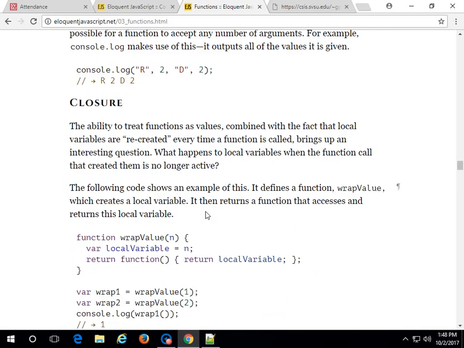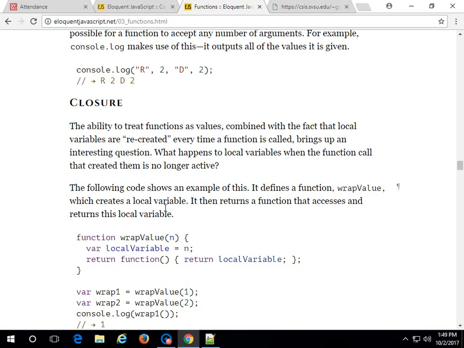In JavaScript, we talk a lot about closures. Now, what's a closure? It's basically the ability to have a function that runs, and even though it's over, the function's gone and it's no longer running anymore, you can still have values hanging around out there that you can update. Classic one is you have some counter hanging out there and you run the function and it updates the counter, and you run the function and it updates the counter. But the function's now gone, it's not running anymore, but that value is still hanging out there. It's a JavaScript thing. The concept of closure is in other languages too.